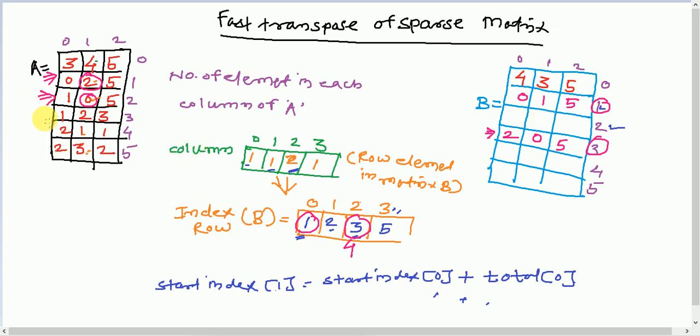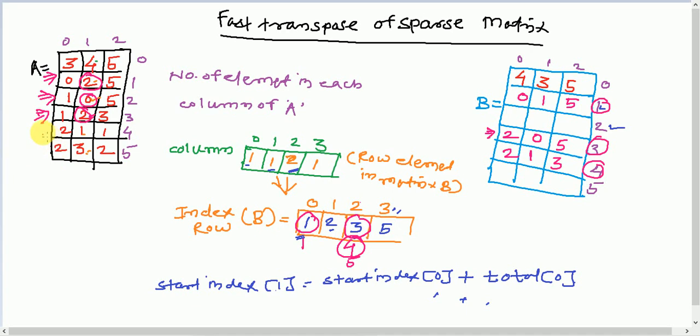Next k will point to the next element here, 1 2 3. Here the column number is 2, which will become the row. Now here, the row number is 2. What is the start index for 2 here? That is 4. So at the fourth index here, we'll put the value as 2 1 3. Okay, so we occupied the fourth cell also. The next start index for 2 will start at 5.